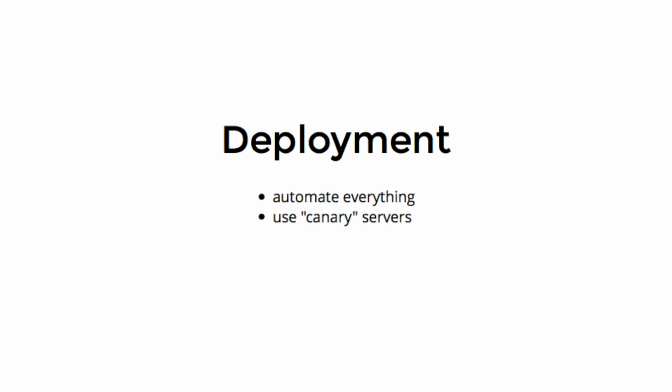We also find canarying extremely useful. That is where you deploy new code to production, but only for 2 to 3% of traffic. Because you have code and you've tested your code, but you tend to test code with the data that you were expecting. You test code with the data that you thought would be there. And the problem with production traffic is that people do really, really weird things in production.